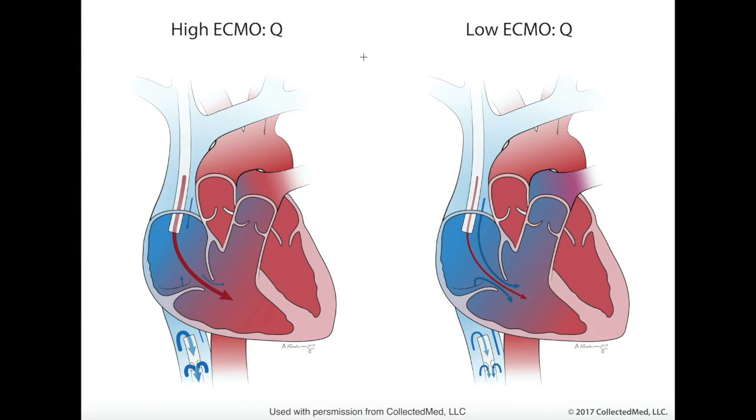Now the composition of the blood entering the heart depends on the ratio of ECMO blood flow to native cardiac output. The figure on the left depicts high ECMO blood flow with a large red arrow, with a small amount of residual central venous blood, the small blue arrows, entrained into the heart, resulting in a well-oxygenated pulmonary artery. The ECMO blood flow is decreased in the figure on the right, resulting in larger amounts of deoxygenated central venous blood to be entrained into the heart, as dictated by the cardiac output, which leads to a lower oxygen saturation